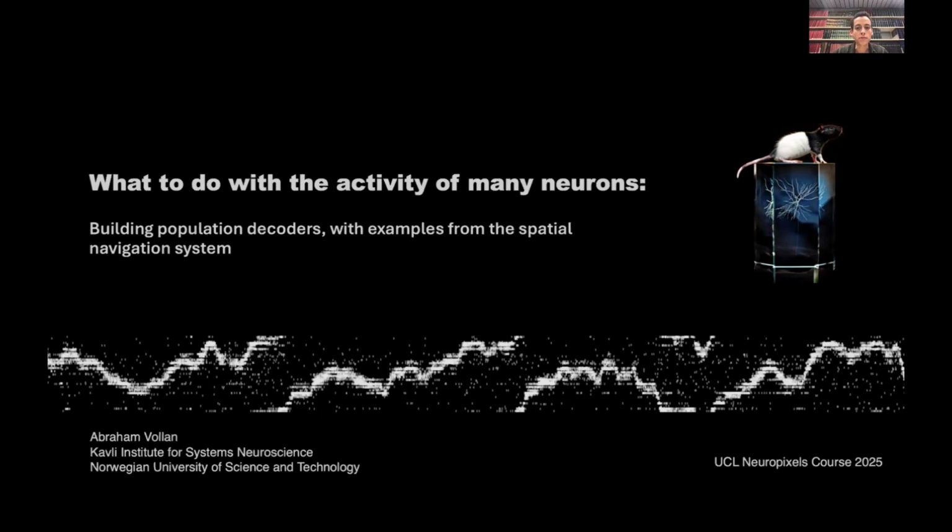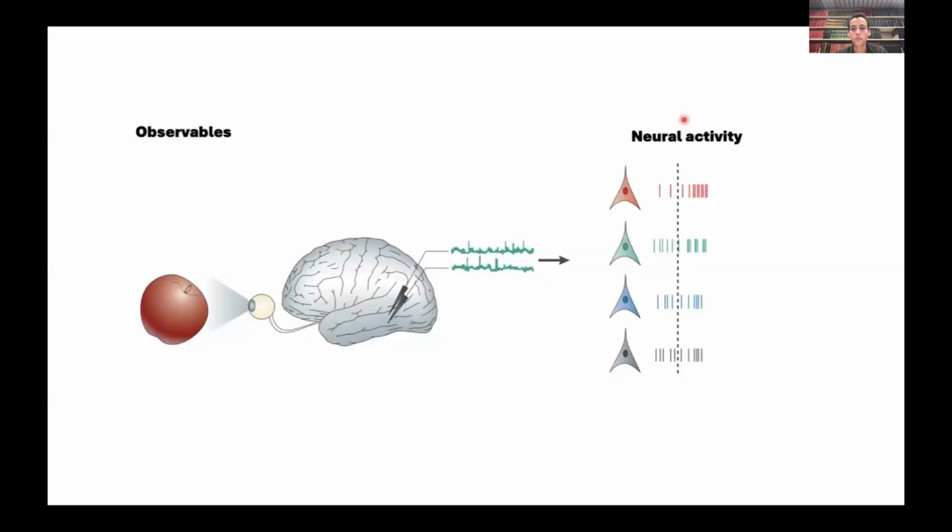I'll talk a bit about decoders and give some examples from my PhD work in the Moser lab, with some examples from the spatial navigation system of rats. So, to start off,